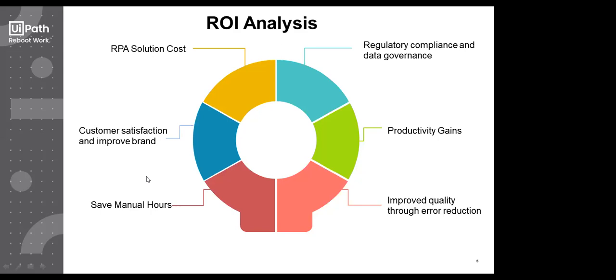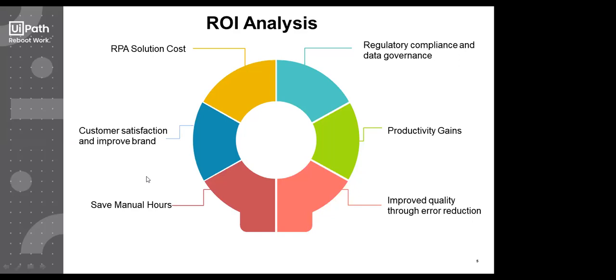Improved quality through error reduction. Error-free processing or error-free automation eliminates costly errors, which eventually lead to poor decision making or false analytics. And then eventually the quality is improved because there are no errors. And if the data is being processed error free, maybe that data is acting as an input to some other process, and that would also run perfectly fine because the data was processed with no errors. So all these things are considered while analyzing the ROI.